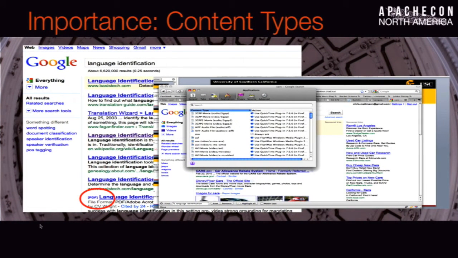How many of you know that there's a content type or MIME type mapping in Firefox or in Chrome? Yeah, good. So a few of you have looked at that. Well, it's important because you need to know what the content type is in order to target what action to take. So being able to just detect the file type is extremely useful.